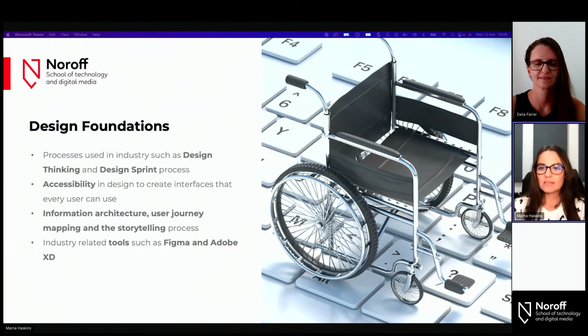In the first semester, we'll start you with the course Design Foundations, where you learn more about the foundations of UI design. This includes processes used in industry like the design thinking and design sprint process. We'll look at accessibility in design and how you can create interfaces that every user can use, including those who have a disability,